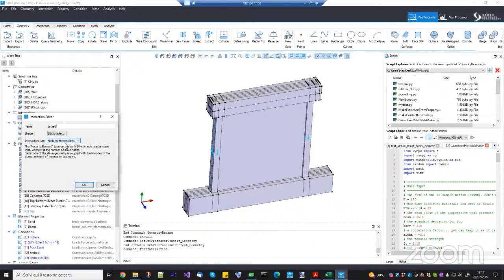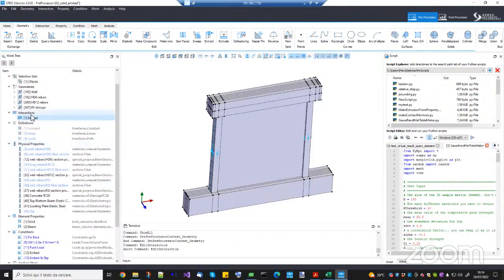Embedded condition, we had a webinar on this some months ago. So I went into the details of how to use embedded rebars. But the concept is that you first create an interaction, which is